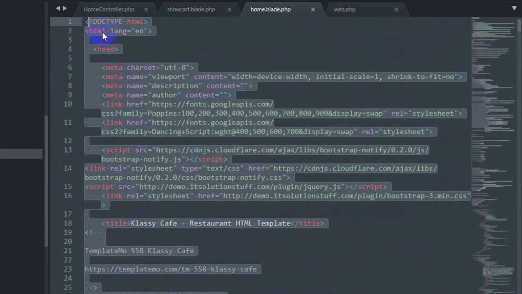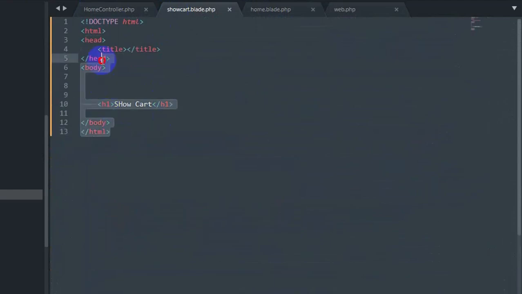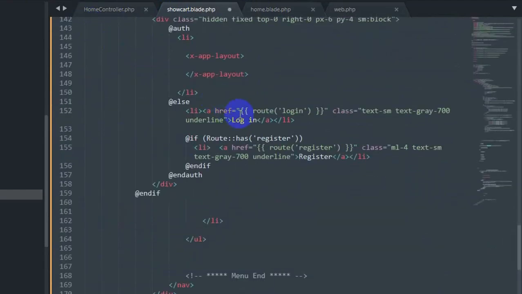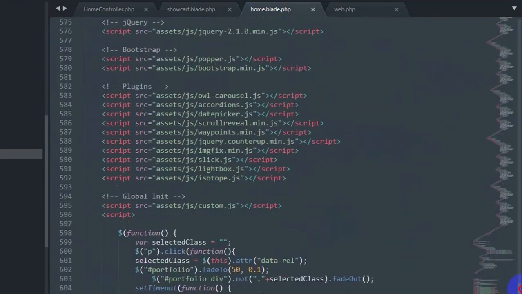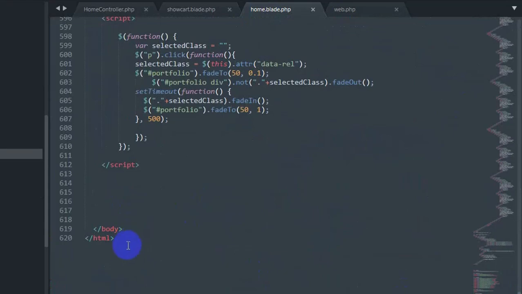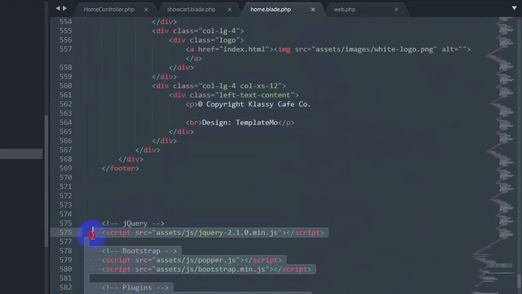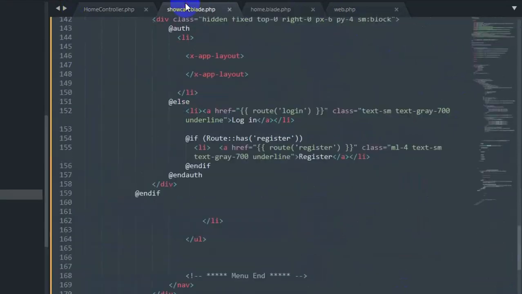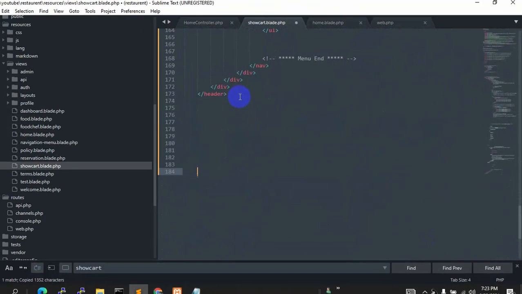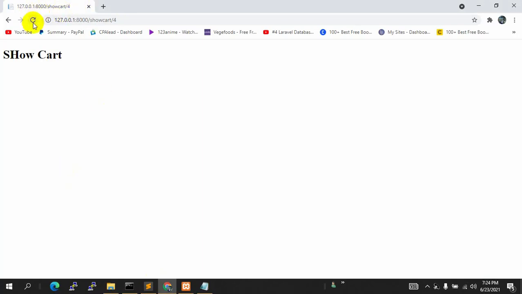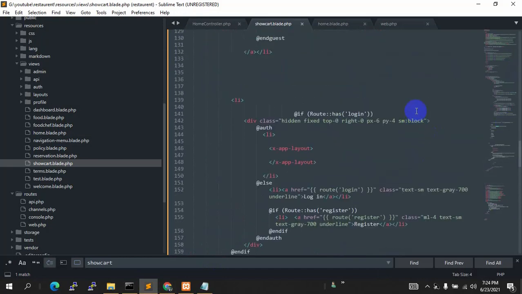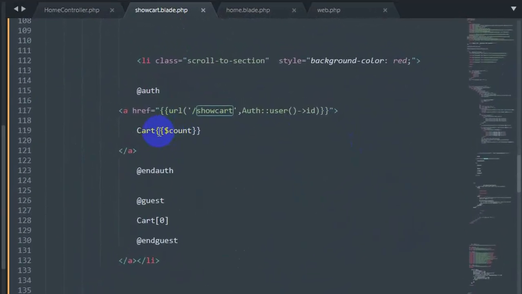Okay, Control C, and we'll paste it over here, Control V, Control S. Now we also need to copy the ending part, the script, so let me just copy it from here to here, Control C and Control V, Control S. Now if we refresh, okay, it will give us an error because there is a dollar count over here which we are getting from the database.